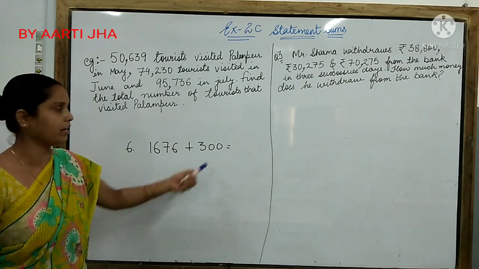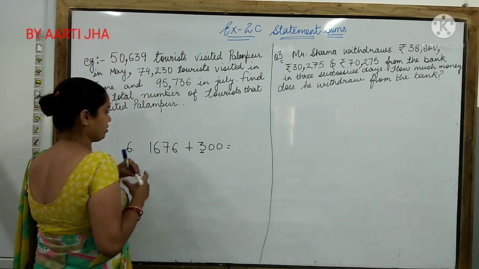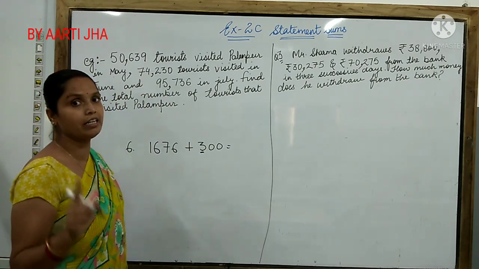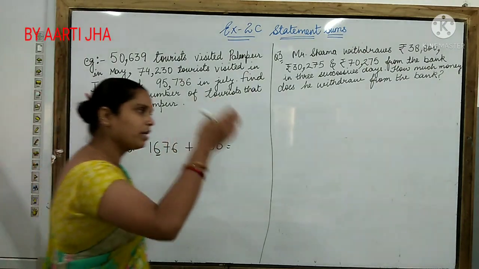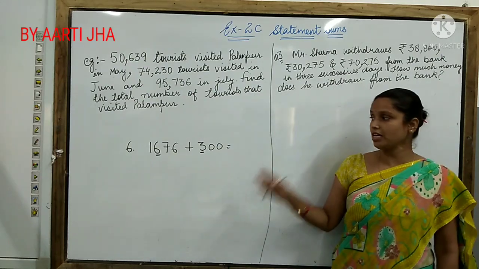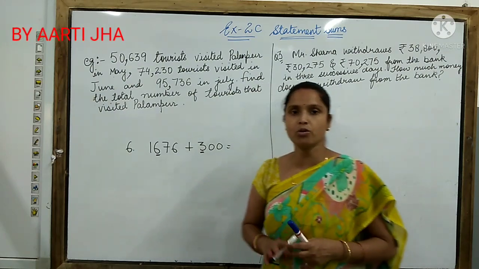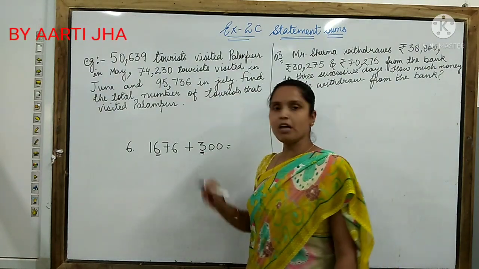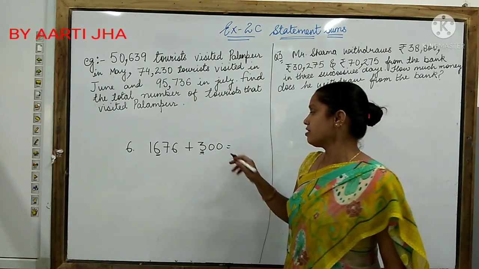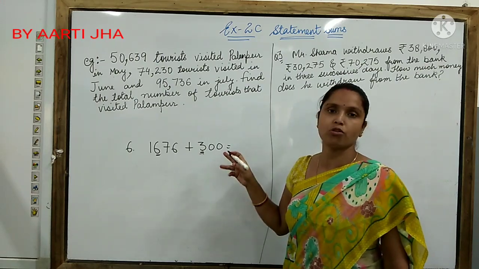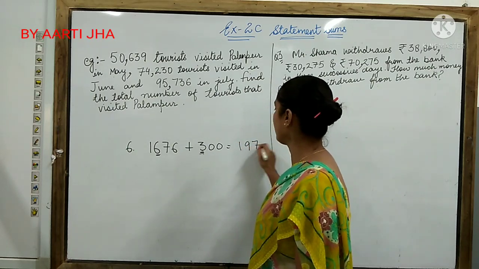It's 300. Only at the hundreds place we have a digit. So what you are going to do is add the hundreds digit with the hundreds digit of the first addend. Don't make the column and then do it. Since these questions are given in the blank form, try to do them mentally, children. And how can you do them mentally? You can check the hundreds digit of the second addend and the first addend, add them and get the answer. Since in the next two places you have 0, no need of adding those two places with the first addend. My answer will be 1976.